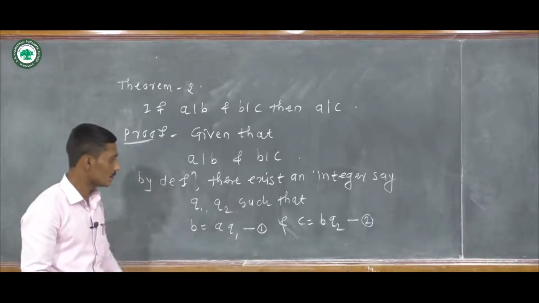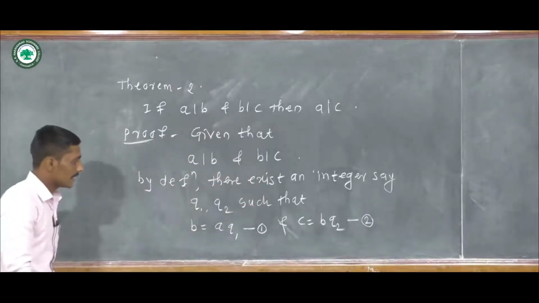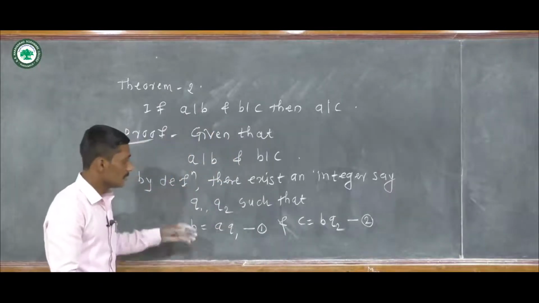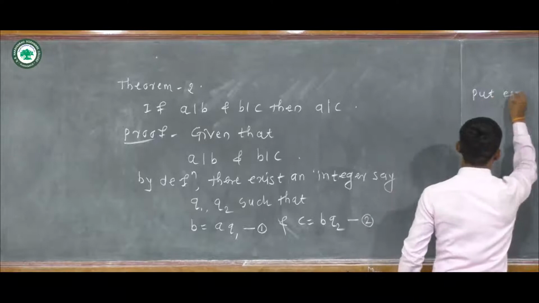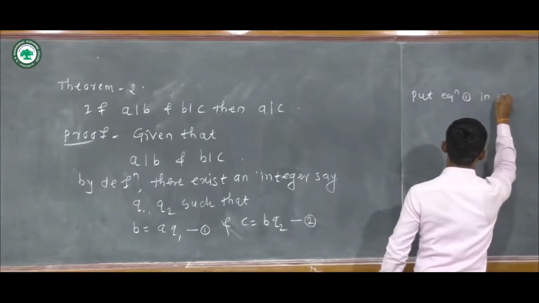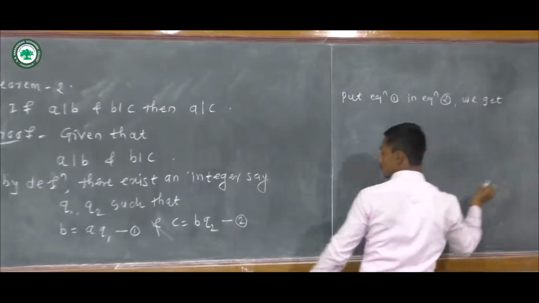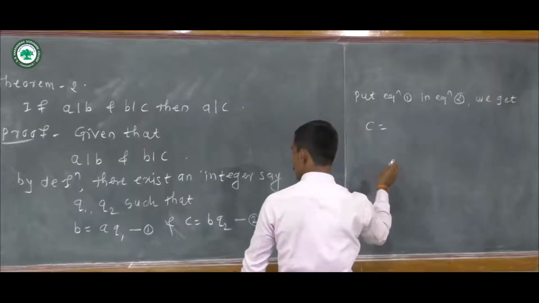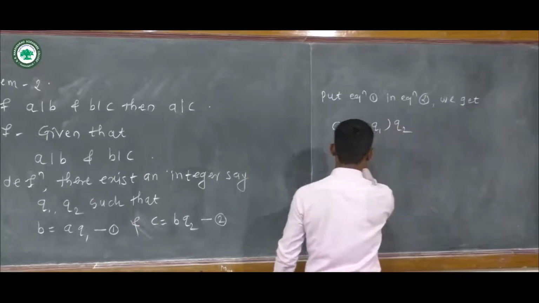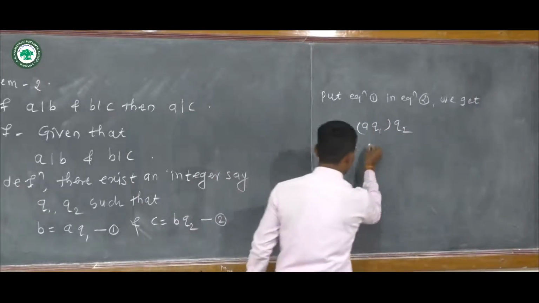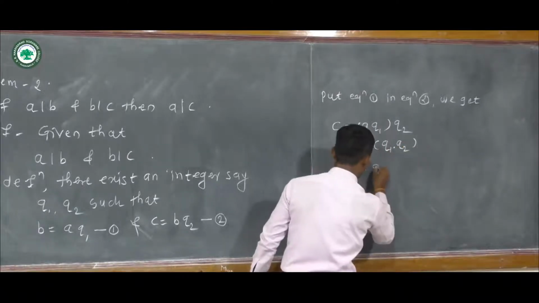By equation first we get the value of b, put in equation second. Now put equation 1 in equation second. We get c is equal to a into q1 into q2, and we rewrite this a into q1 into q2 as a into q,